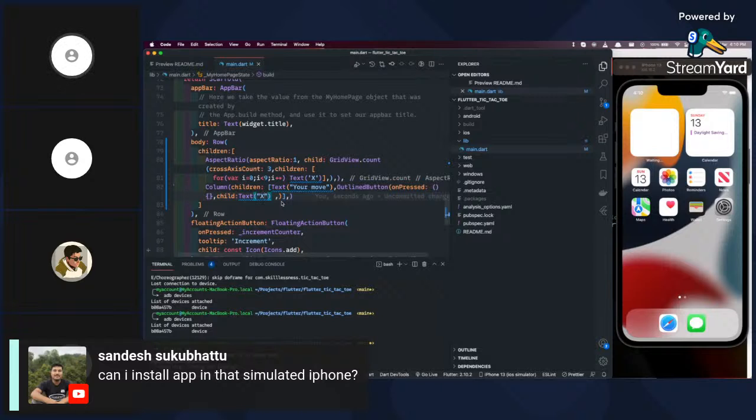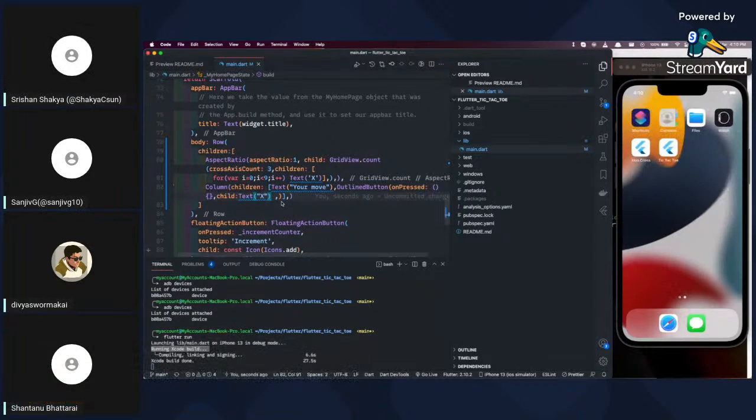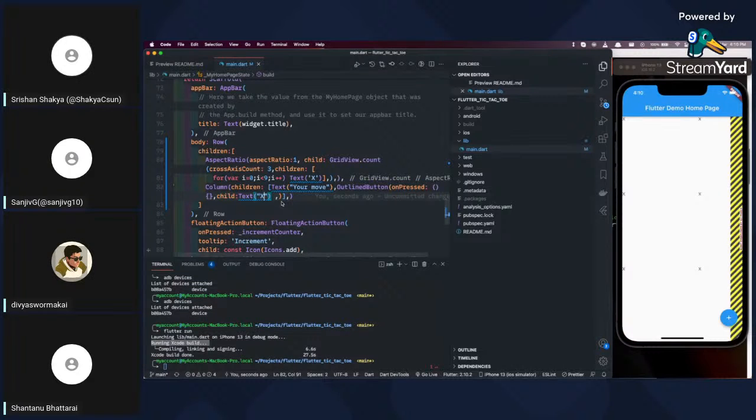Sukubatu has again asked another question. Can I install the app in that simulated iPhone? Yes, we don't have macOS. We are poor man's poor iPhone. Look at this, we have no iPhone. If you are watching, Sandesh,